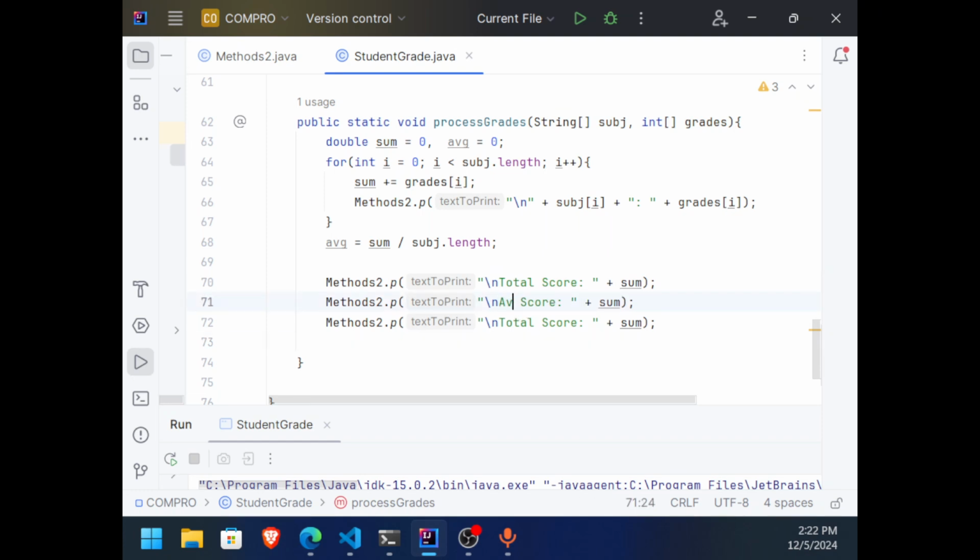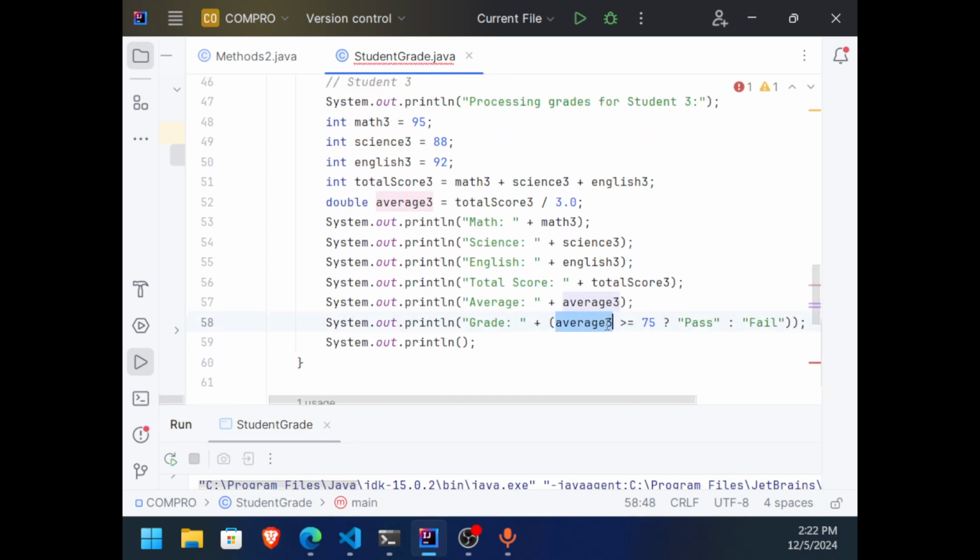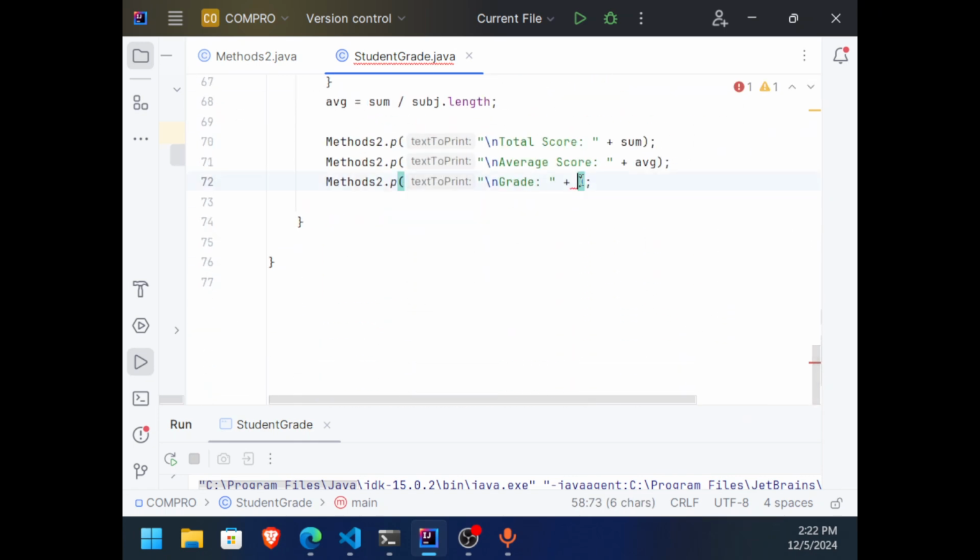Average score is AVG. And then, lagay natin dito yung grade daw kung pass or fail. So, pwede natin gamitin din yung ginamit dito, which is, ang tawag dito ay ternary operator. Shortcut yan ng if-else. Okay? Okay, ito yung condition. Ano ang value na i-return mo kung true? Anong value na i-return mo? Or i-yield mo kung false? Okay? Maraming gumamit na sa inyo yan.